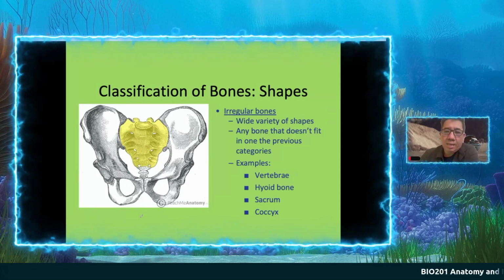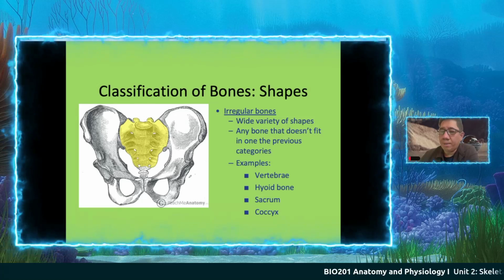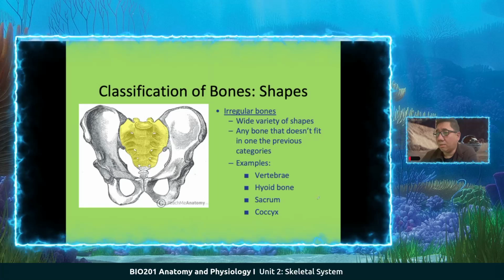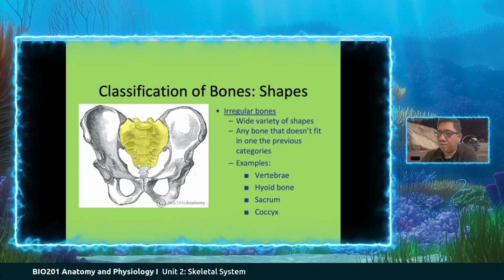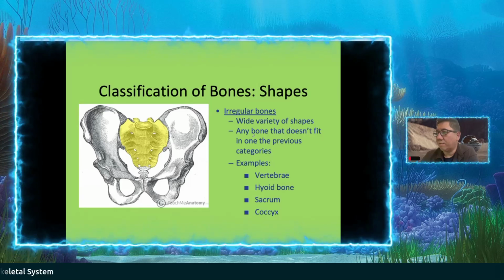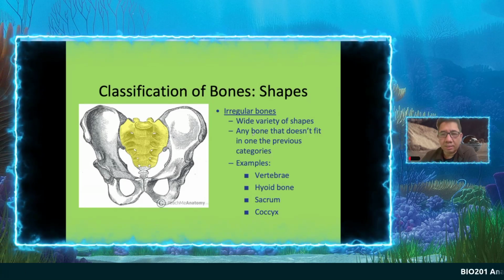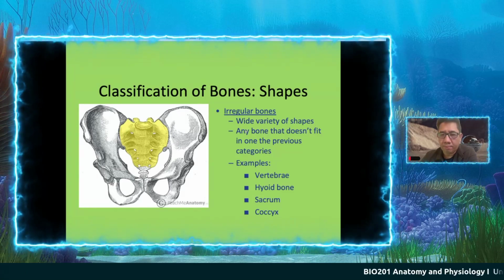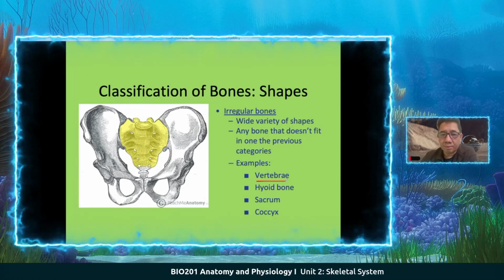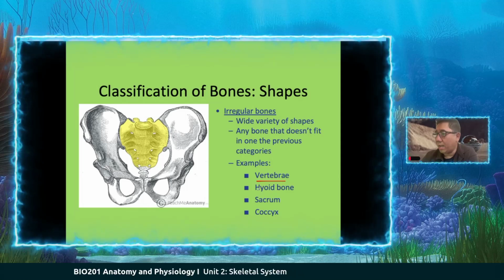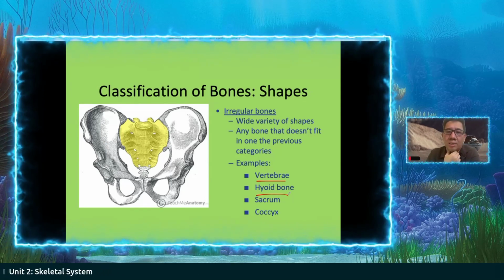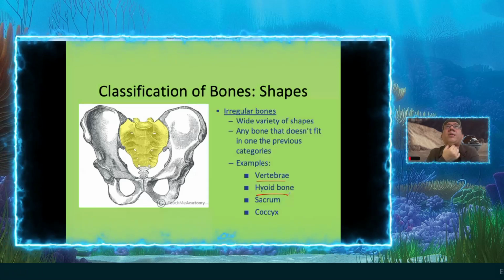Okay, and the last category of the shape is basically the irregular bone. Irregular bone means that it's not really conforming to any one specific shape. It's just kind of all over the place, an oddly looking shape. Examples of that would be your vertebrae, your spine, and your hyoid bone, which has two little horns on the top and two on the bottom,